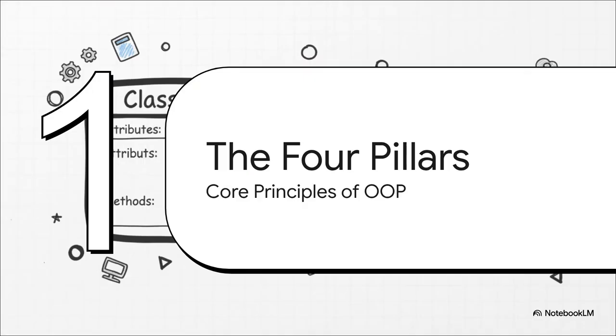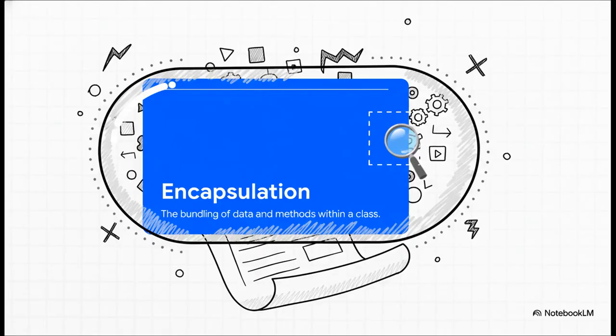But the real magic of OOP isn't just in making objects. It comes from 4 fundamental principles. People often call them the 4 pillars, and they are what give this whole approach its superpowers. So let's walk through them one by one. First up, encapsulation. The easiest way to think about this is like a capsule. Our class, the blueprint, bundles all of its data and its actions together into one neat, tidy package. This is great because it protects the object's inner workings from the outside world and just keeps everything super organized.